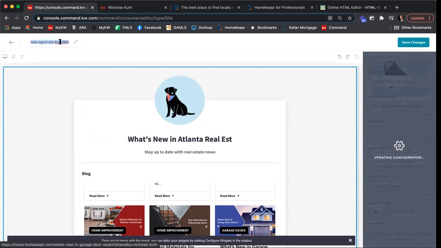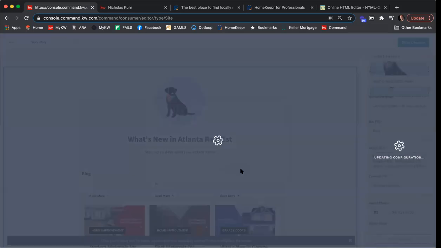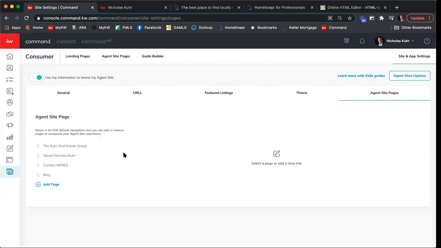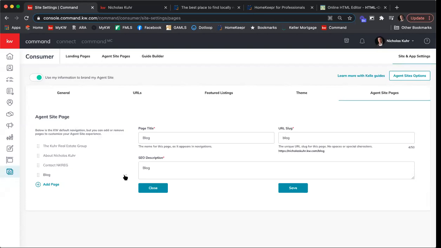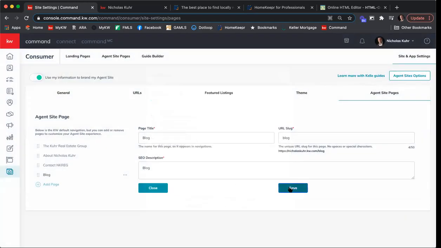So I'll come over here. Let's just say new blog. And I'm going to click save changes. Let's see if it works. Yes. Perfect. So now I'm going to come back to blog. I'm going to click select page, click the three dots and then select page. And I'll select the new blog page, continue, save,